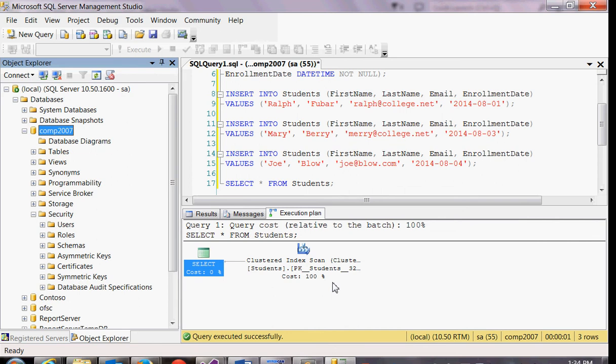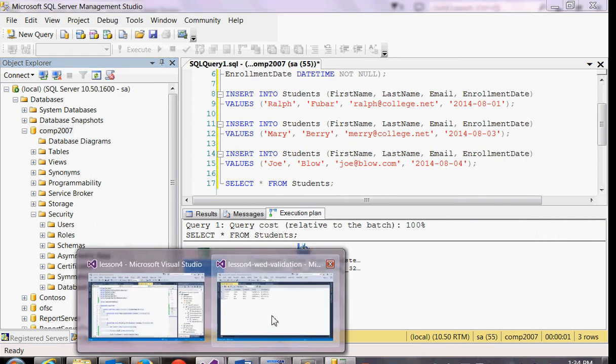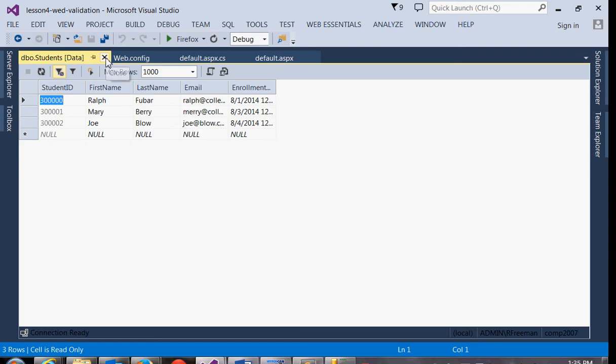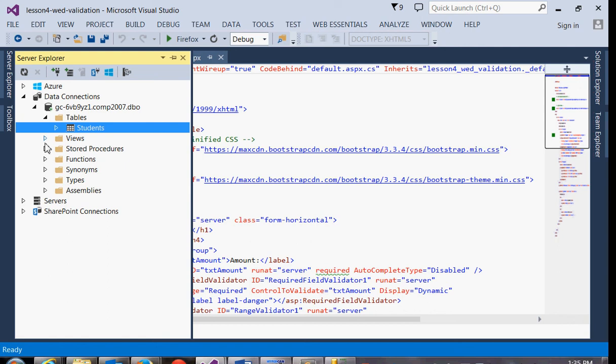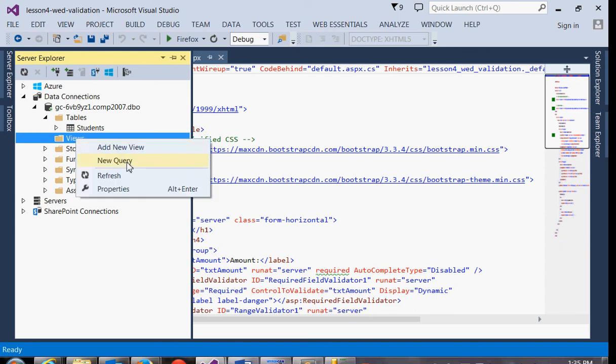It's basically just another window into the same thing. So you can go into it either way, whatever you prefer. So all you do is add the server connection into Server Explorer. To write a query, you would either just view the table, but if you wanted to filter it, you'd create a view. So if I choose new query,